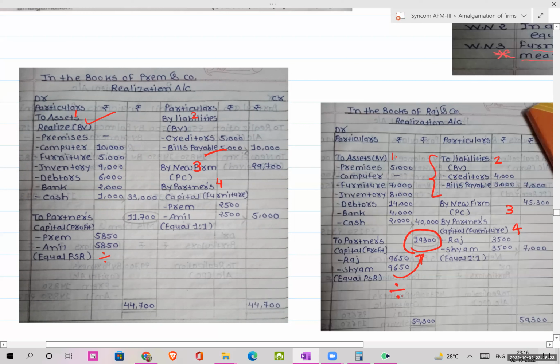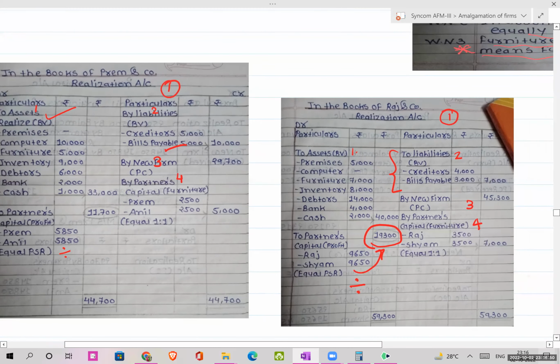Okay, so step number 1, transferring sundry assets at book value. Step 2, transferring liabilities at book value. Step 3, recording your PC due. Step 4 would be the assumption that we took, that the furniture of the partners will be divided in their PSR. Okay, and then you have to close your realization account in both the cases. The realization account will close first. Okay, once this is done,